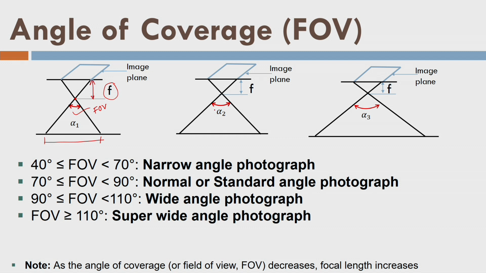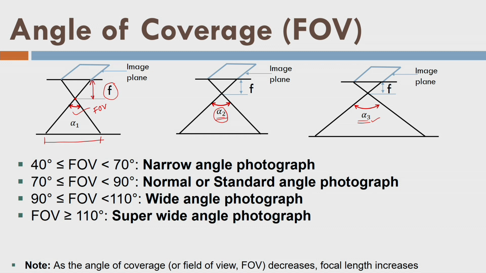Now, if I increase the angle FOV, it becomes, let us say, alpha 2, which is more than alpha 1, and again it is alpha 3 here. You will see here, for the same arrangement of camera, as we increase the field of view alpha, the focal length has to be reduced, and that is also true for the consumer grade camera or terrestrial camera, right? You can see here and you can feel it here. Similarly, if I further increase my alpha, that is field of view, my focal length is further reduced.